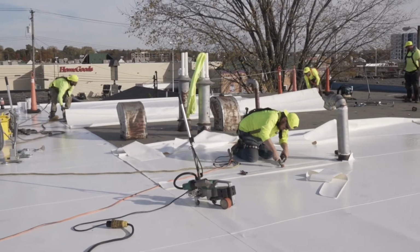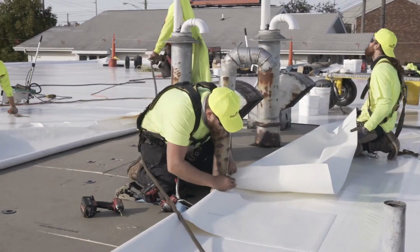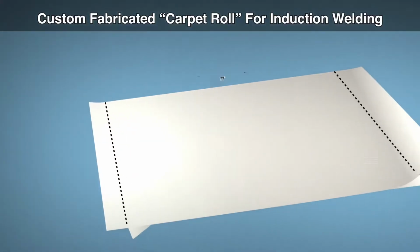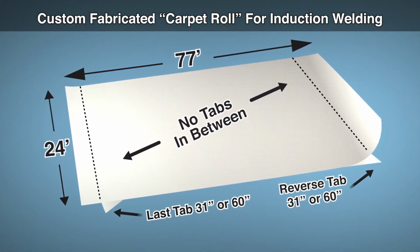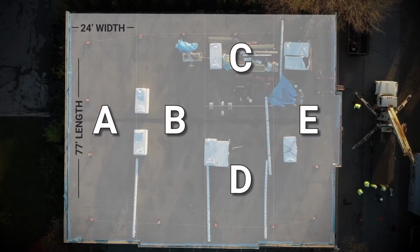Where penetrations are located on this rooftop, the other 2 panels, pieces C and D, are sized to break near the units to minimize field cuts and welds. Membrane tabs at the start and end of each panel give the crew the ability to anchor multiple panels in a series prior to beginning induction welding. For this project, the contractor has set the goal of installing pieces A through E, totaling 7,500 square feet in